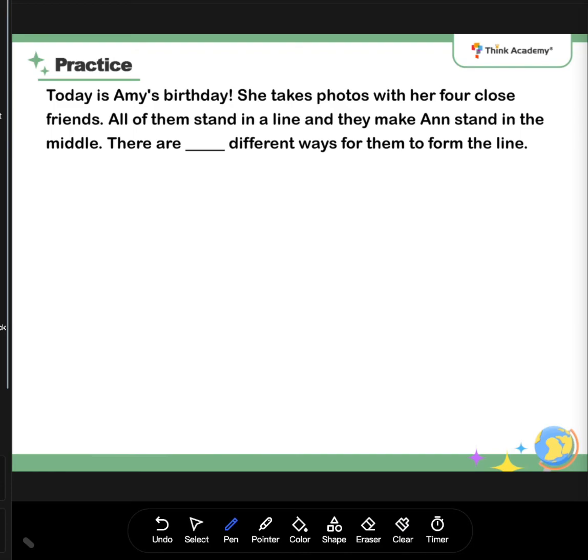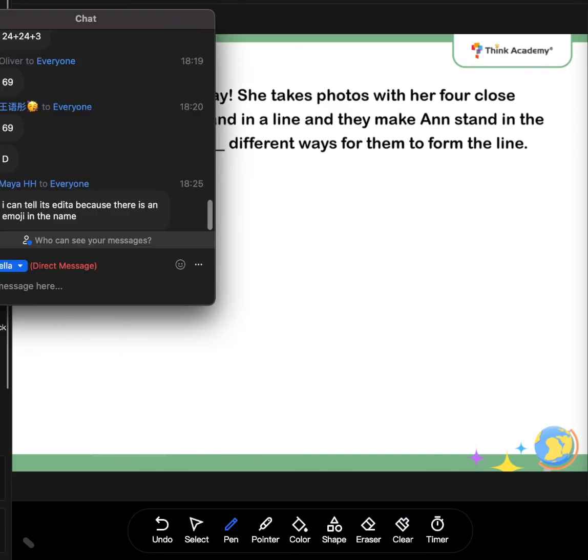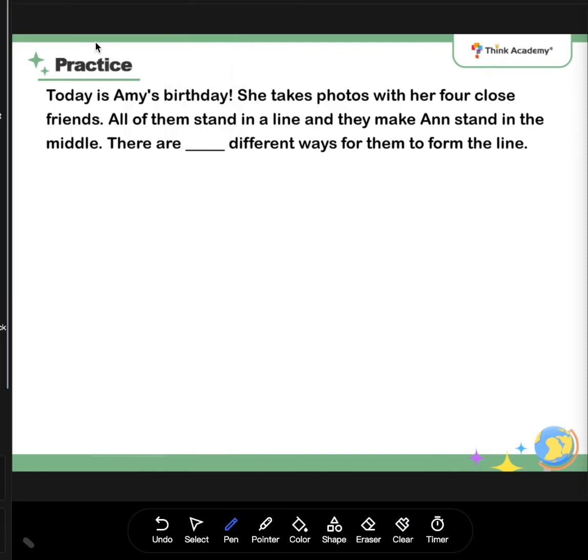So today is Amy's birthday. She takes photos with her 4 close friends. All of them stand in a line, and they make Anne stand in the middle. There are how many different ways for them to form the line? Okay, since it is easy,